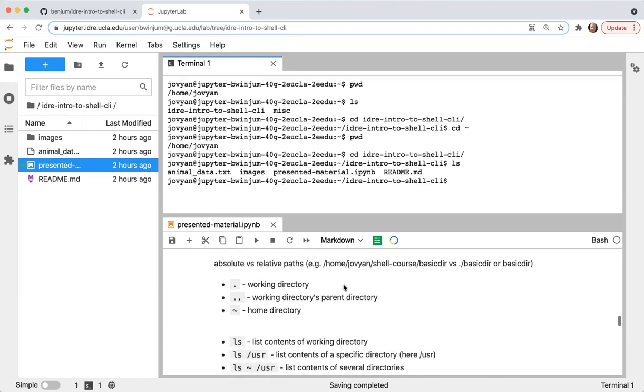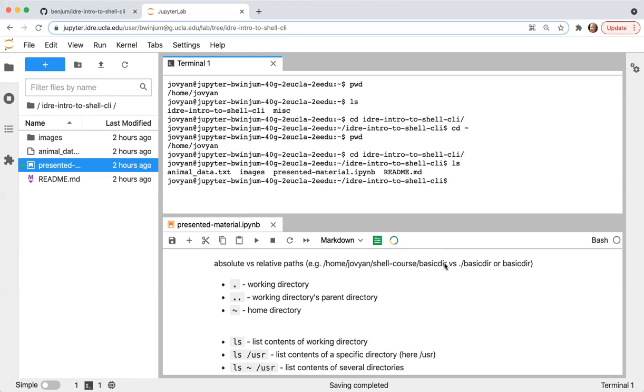I've talked about the path. There are two ways to represent the path on your system. That's called the absolute path and the relative path. The absolute path is something that's written all the way starting at the root directory, so starting with a slash.